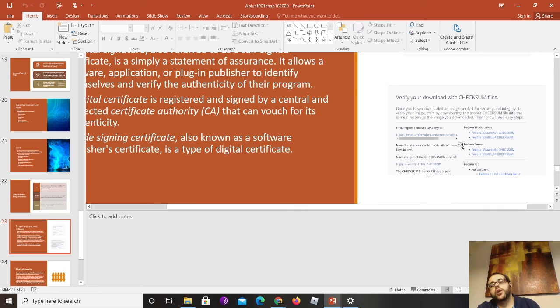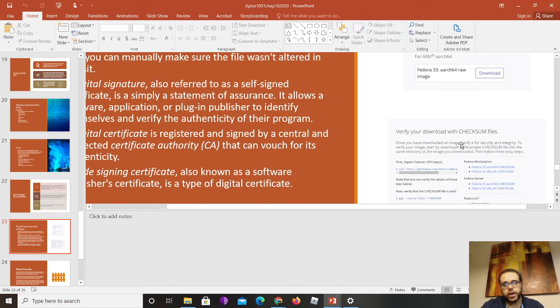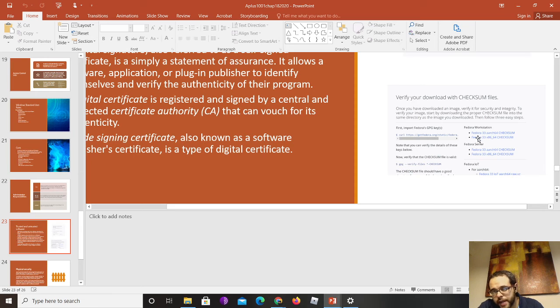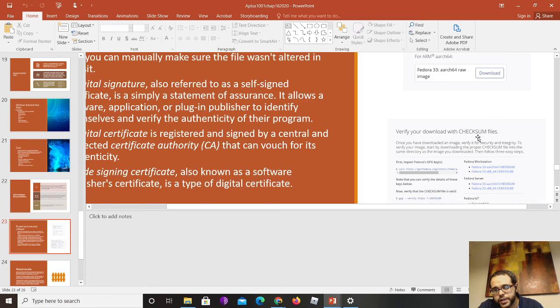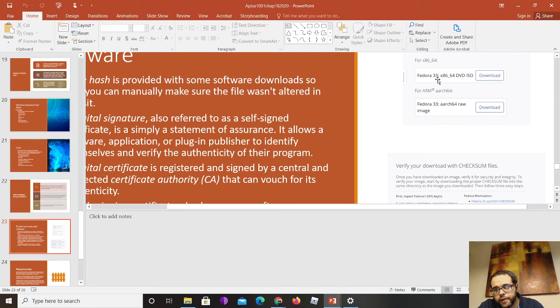So you can follow that protocol and verify that the hash from the file, this ISO file here, matches the checksum that they have for the series. So this is Fedora x86-64.